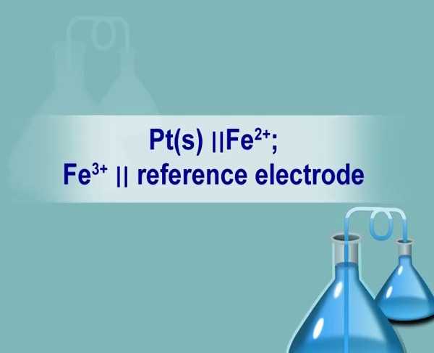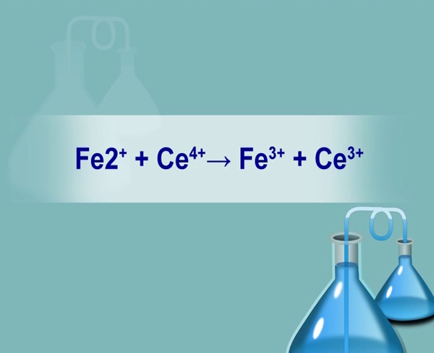The titration is carried out in one side of a cell whose other half is a reference electrode. Platinum is surrounded by Fe2+ and Fe3+, and the other half is the reference electrode. Initially, the left cell contained only Fe2+. As the titrant Ce4+ is added, the ferrous ion is oxidized to Fe3+ in a reaction that is virtually complete. Fe2+ plus Ce4+ gives Fe3+ plus Ce3+. The cell potential is followed as the Ce4+ is added in small increments.